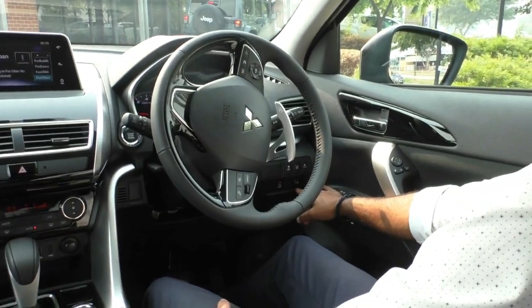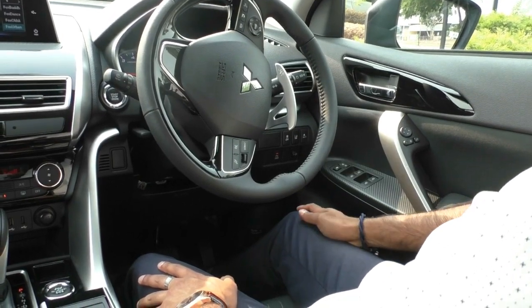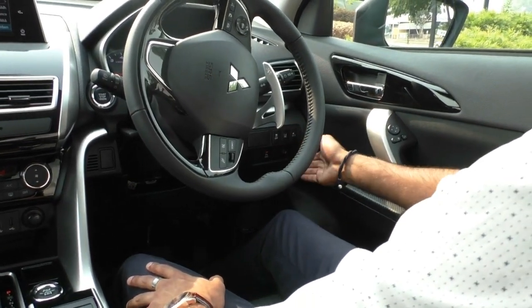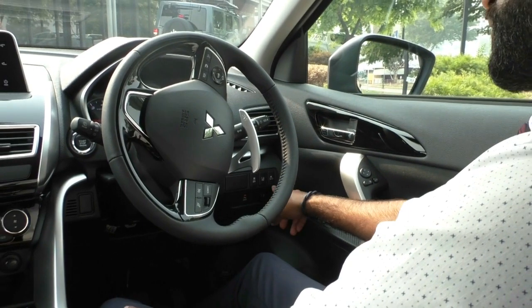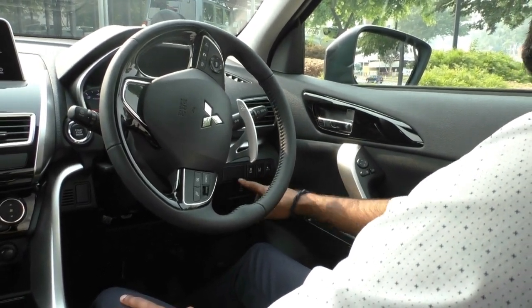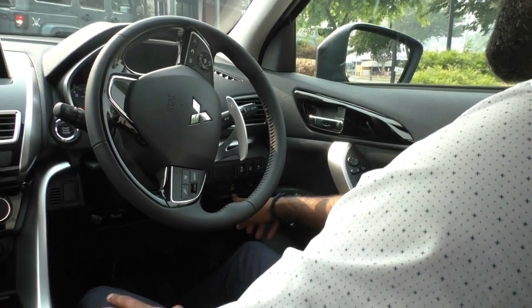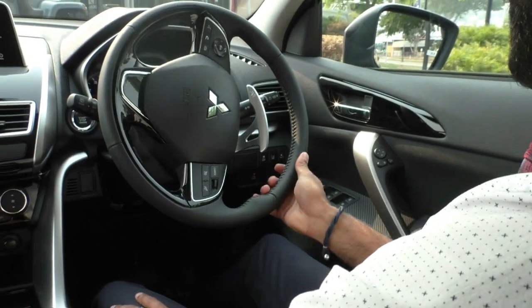On the right hand side of the steering wheel here, if you want more information on the safety systems, please do ask us about them, because the way these work is absolutely incredible. But you've got your forward collision mitigation button, you've also got lane departure warning and your traction stability control. You've got a few blank buttons as well, and down below that is your parking sensors and your adjustable